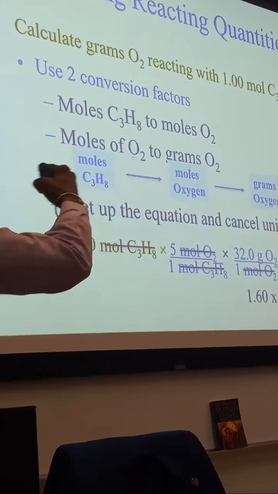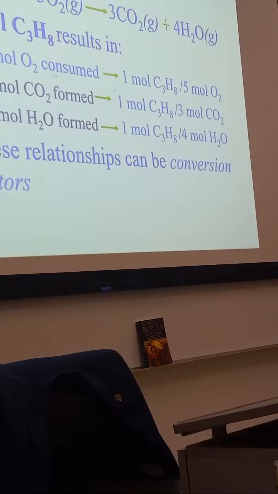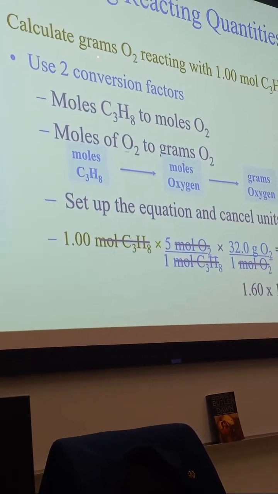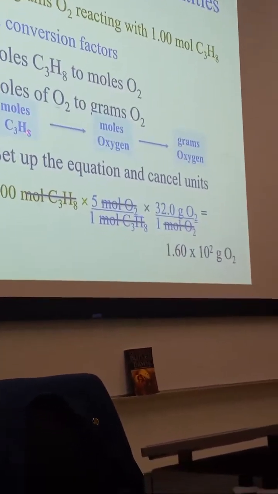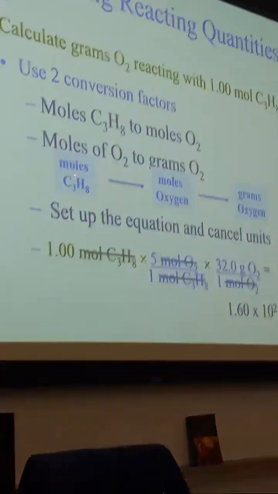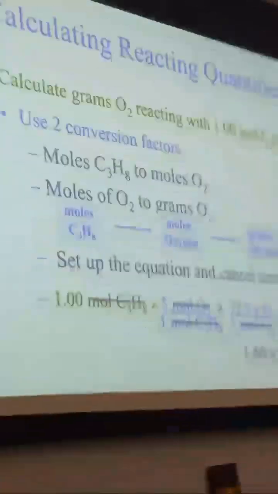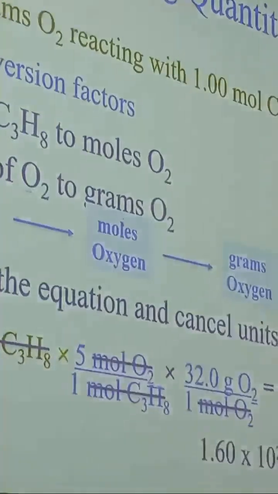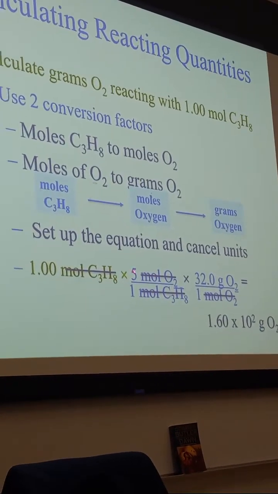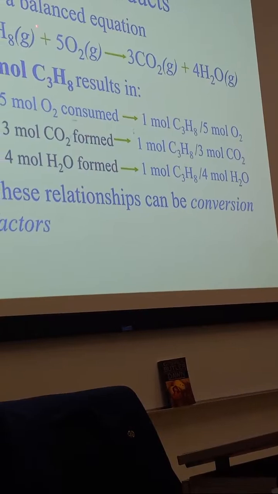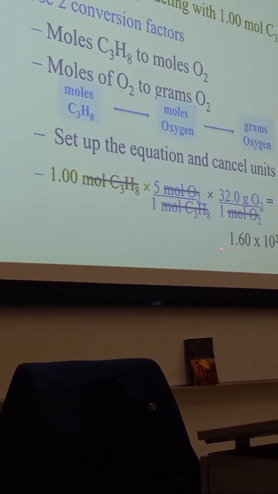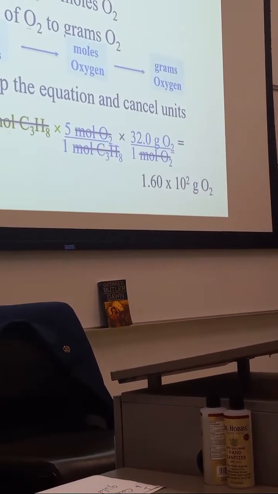When you use the equation to do the problem with the ratio, the ratio is given in moles. So what you're going to calculate is moles, but then they say bring it to grams. So you have to move from moles of propane to moles of oxygen to grams. You have to figure out the relationship between the propane and oxygen, then you get oxygen grams. Now here's the setup. You have 1 mole of propane. It's 5 moles of oxygen to 1 mole of propane. If you go back to the equation, it's a 5 to 1 or 1 to 5, so that conversion factor is there. Then all you have to do is multiply by the molar mass of oxygen, and you get